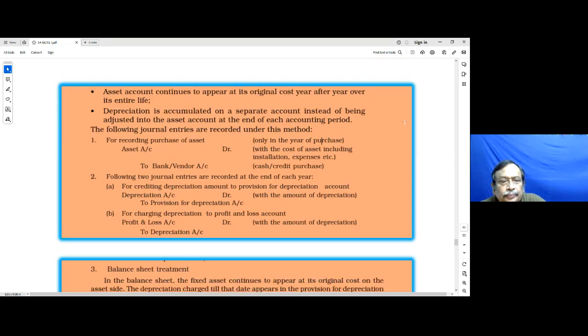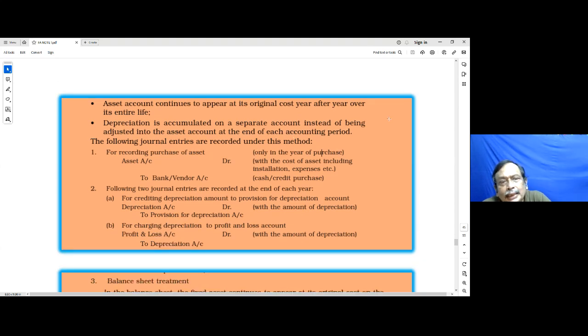Just have a good look. Asset account continues to appear at its original cost year after year over its entire life. Depreciation is accumulated on a separate account instead of being adjusted into the asset account at the end of each accounting period. And for purchase, in the year of purchase,